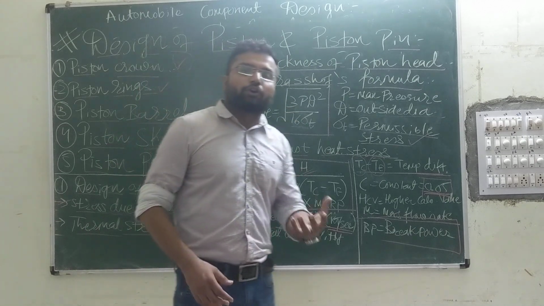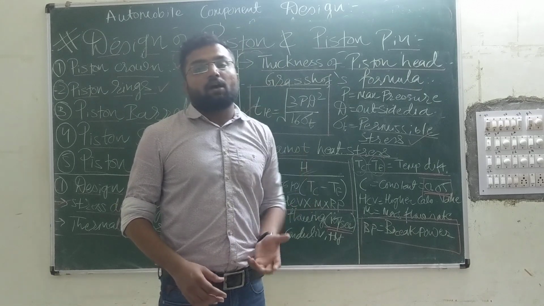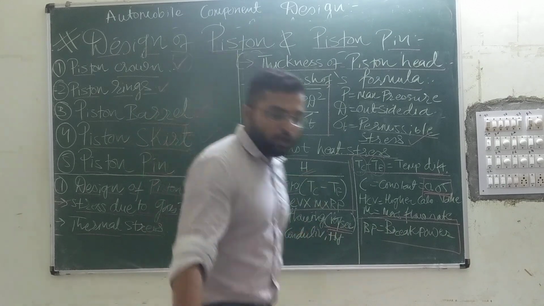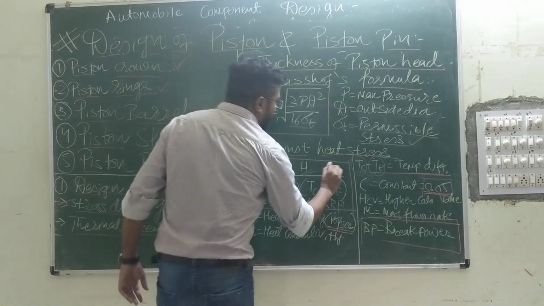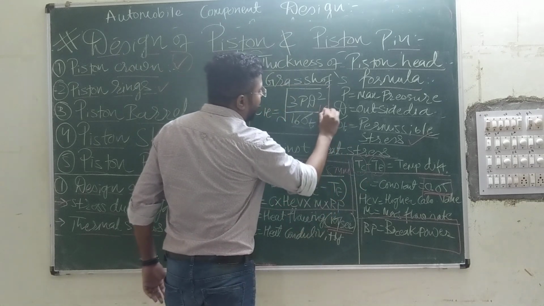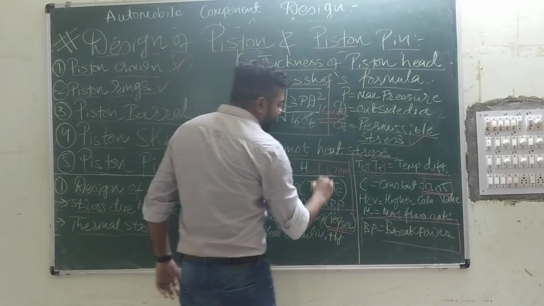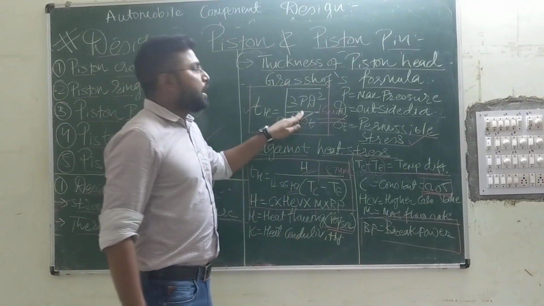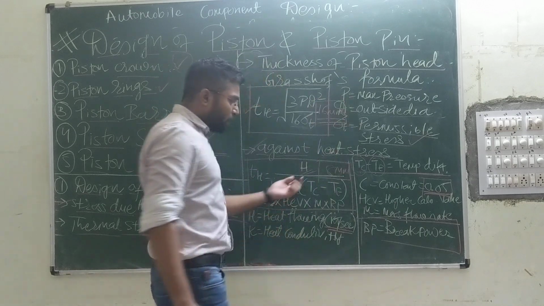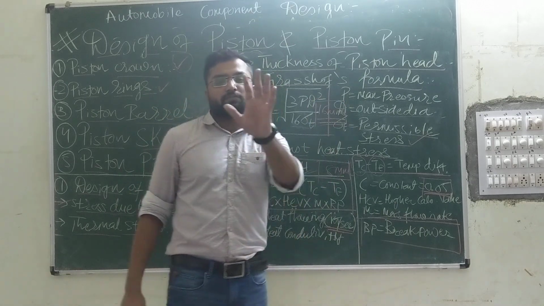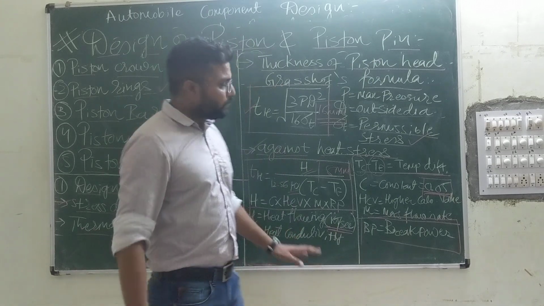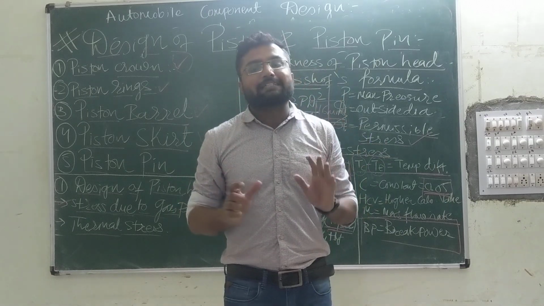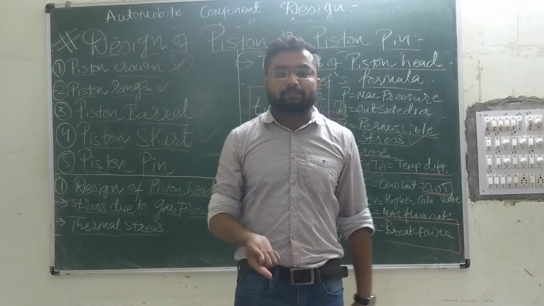Here ultimately you are going to take the thickness which is higher of the two cases. Why? Suppose the value in this case is 8 mm and in this case is 16 mm. If I take the value as 8 mm, it will not withstand this direct stress. And if I take it as 16 mm, it will not have a good amount of heat transfer. So what are we going to do? You can't change strength while working, but you can provide an artificial cooling system.